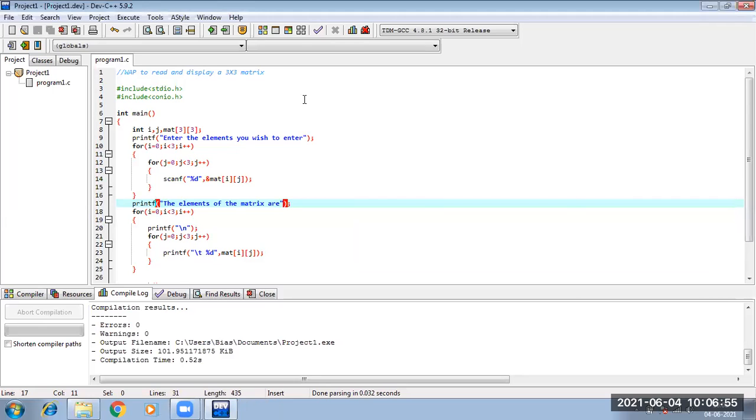The dimensions you change in the row and column, accordingly you will have to change in this loop and in this loop, right, for taking the values, and accordingly you will have to change in this loop and in this loop for printing the values. This is just a small difference, everything else is what you have learned. So among the operations, let us just do the first one, that is the transpose of a matrix. Now that we have learned to read and display a 3 by 3 matrix.